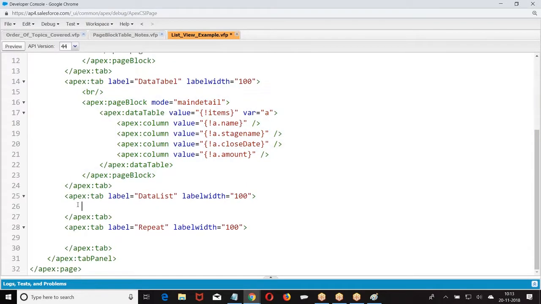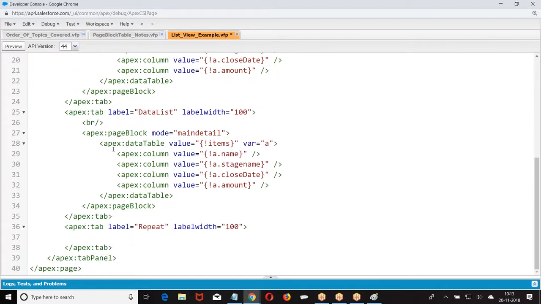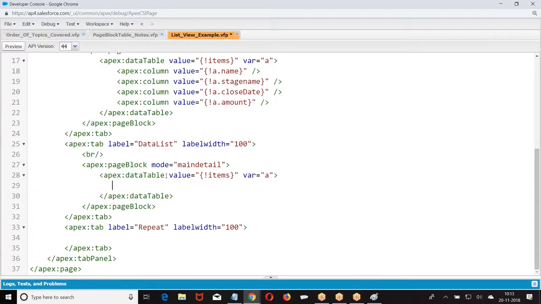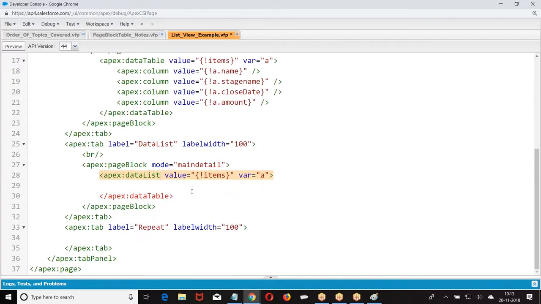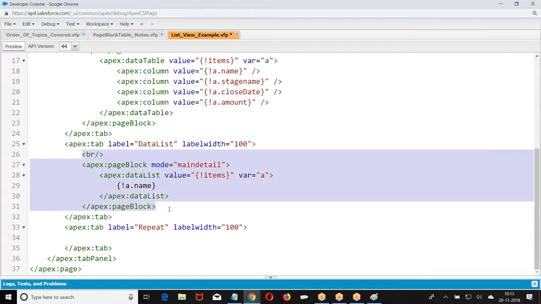Same code I am copying here again. Data list. Because it is a list, we will not have any columns. Columns will be there only when you are going with table. Again, I am copying this.